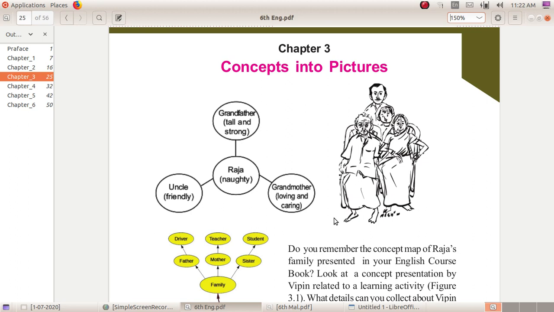Raja (naughty), grandfather (tall and strong), grandmother (loving and caring), uncle (friendly). We can create this concept map in LibreOffice Draw.